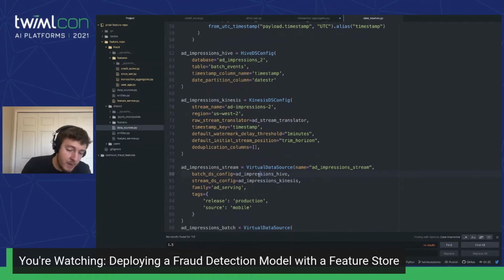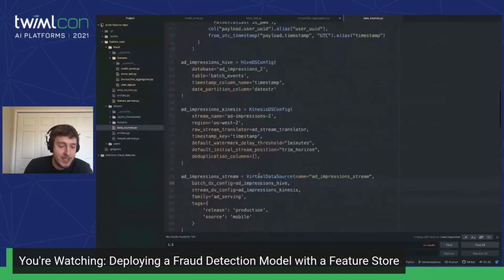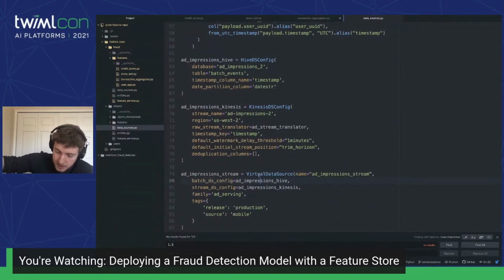And what that means is the streaming data source is going to be some sort of payload, Kafka, Kinesis, whatever it may be. The batch data source is going to be a historical log of that stream. And then you also tell us a function that transforms from that stream, whatever that payload looks like, to the schema of that batch data source. And then once you've registered both a stream and a batch data source together into this virtual data source abstraction,